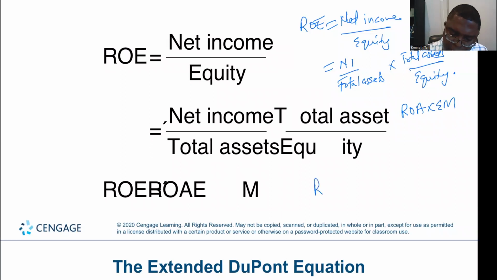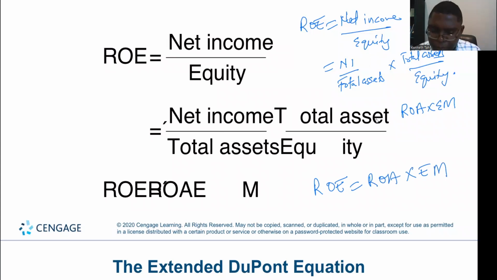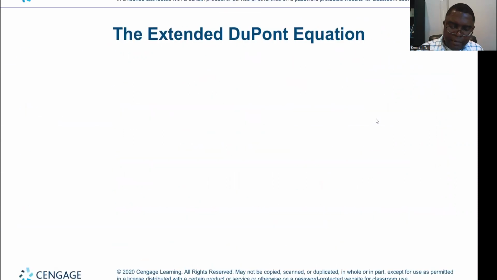So our return on equity is return on assets times equity multiplier. So equity multiplier, or financial leverage, helps to boost return on equity once it is multiplied by return on assets. So that is the short version. The extended version